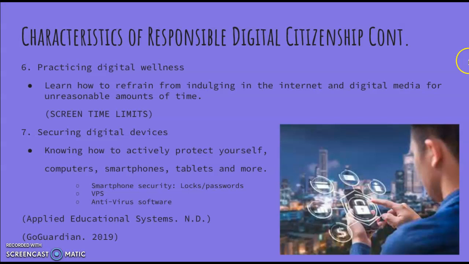Our sixth characteristic is practicing digital wellness. Learn how to refrain from indulging in the internet and digital media for unreasonable amounts of time. And we hear this all the time, screen time limits, limiting screen time. I know parents at my school who will say that when the kids come home, they only get either an hour of TV or an hour of iPads or tablets, whatever, because they're really trying to work on limiting that